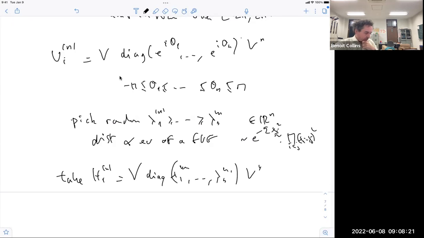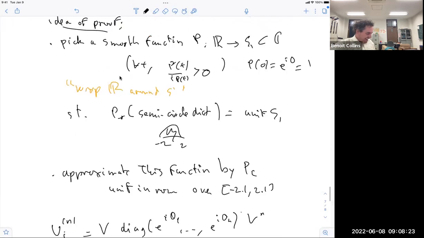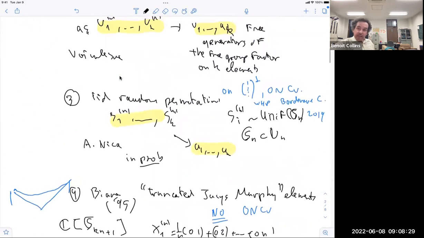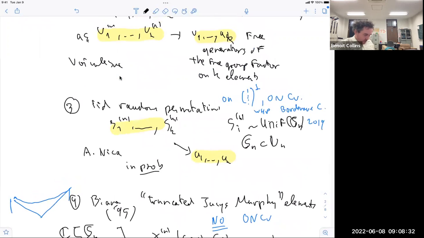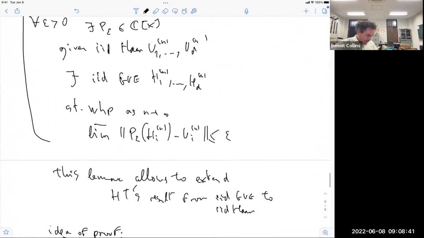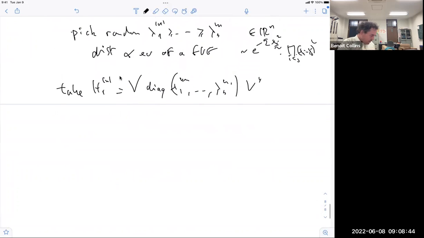Okay, so that was example 2, and now let's try to look at example 3. I would like to start, though I will not have time to finish tonight. So here I wrote random permutations, and I could say, and more, because actually what I would like to do is to describe